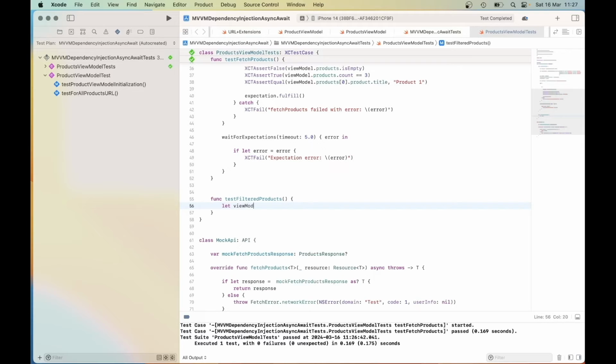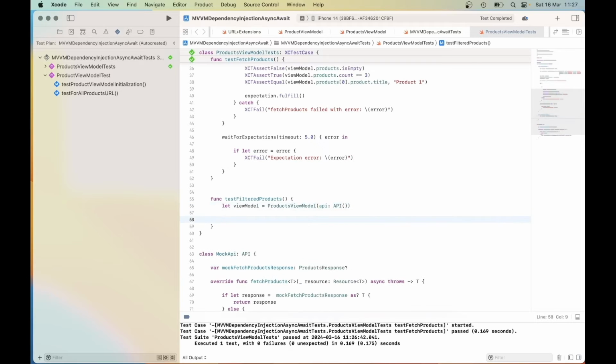Let view model equals products view model. We inject our API class, and then we just add some dummy products,